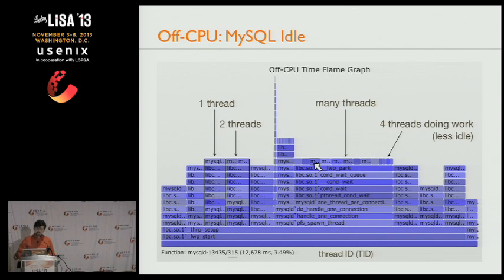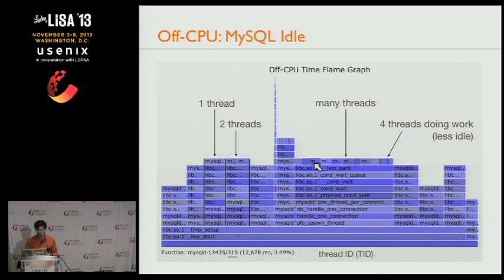What I've also done is, this is similar, but at the top of each stack, I draw an extra box showing the time each thread spent off CPU. So now you count the boxes, and you can see how many threads were in that column. One thread was in that path, two threads were in that path, many threads were over in this large area. And the size is also relative. I'm not just putting boxes so you can see the multi-threaded code paths. Those thinner, narrower boxes are threads doing more work, so they're spending less time idle. So fantastic. Now I can see how the application is structured for multi-threaded programming.